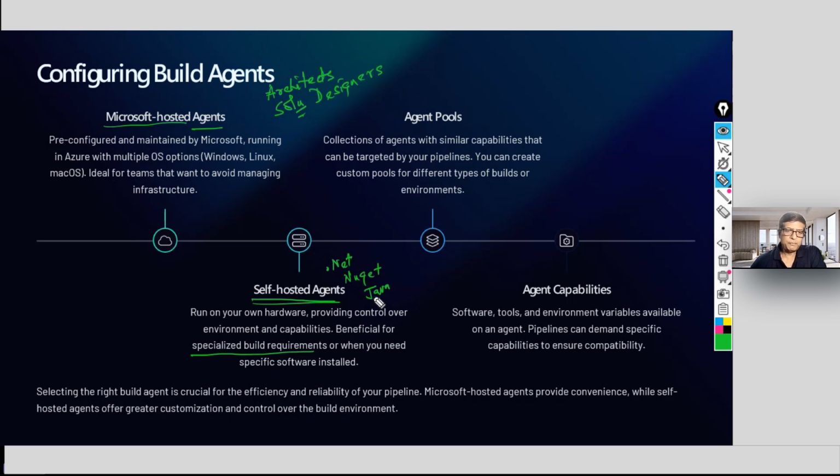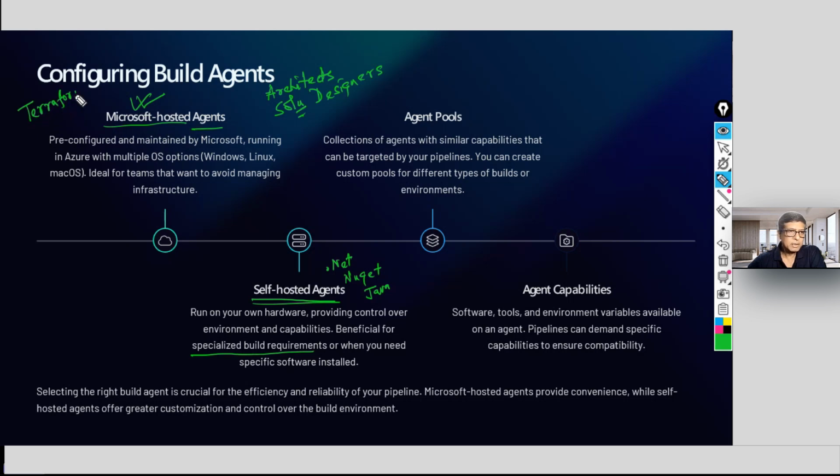Instead of that, if you need all the popular compilers and software, initially you must go for Microsoft hosted, because everything that you need, if it is not a very specialized environment, you can always go for it. That is why Azure DevOps is so popular. Whatever you need, it is already available. You need Terraform?